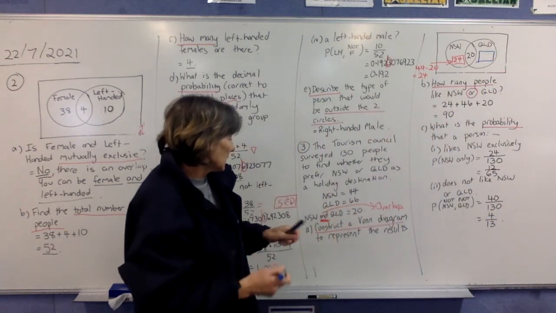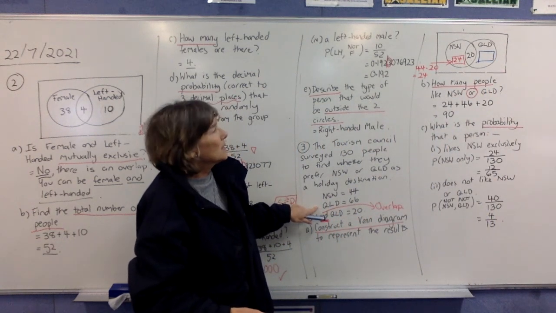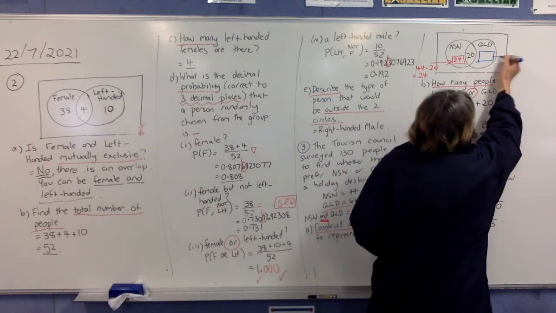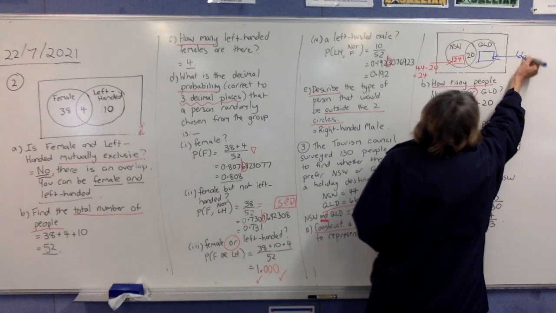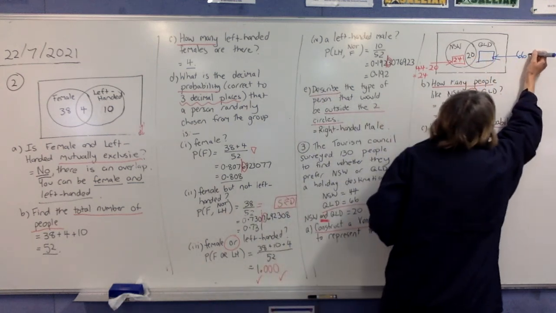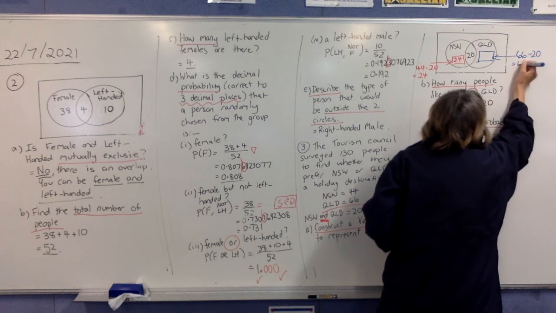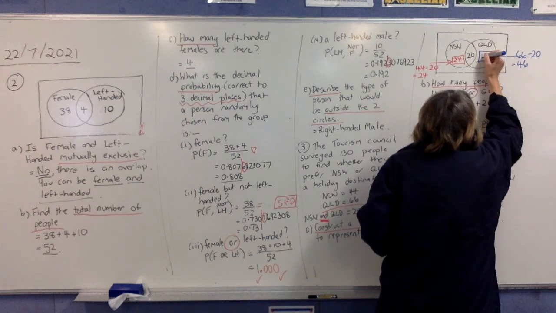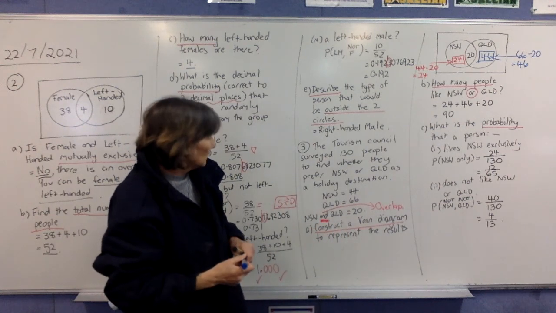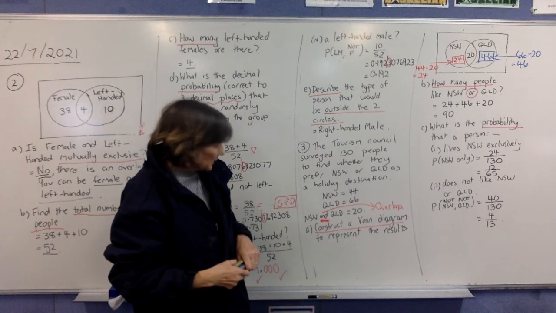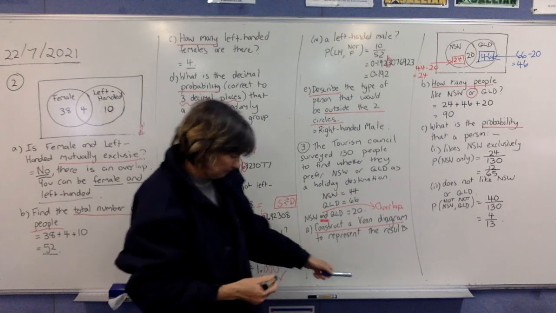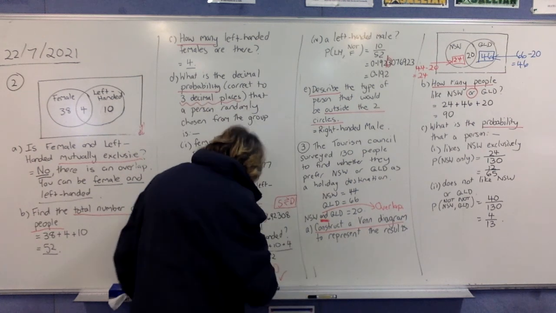In the Queensland section. So Queensland, we have 66 people that said they liked Queensland. But 20 of them have already been taken up in that circle already. Take them off, and you're left with 46. And that's the number that will go in that spot. Now, there's still another number that we need to deal with. So if you have a think about it, they said over here